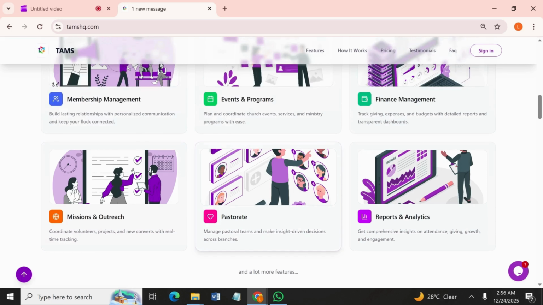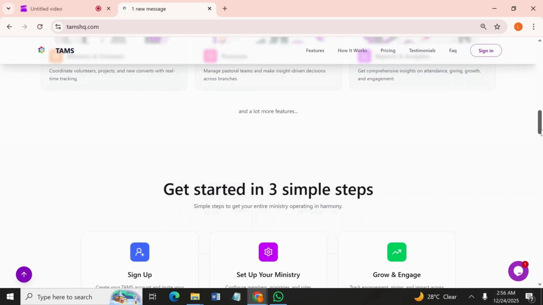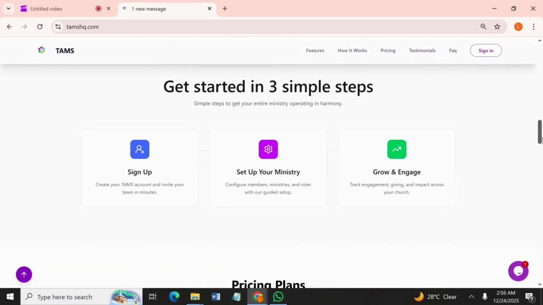Reports and analytics is engraved across all modules. You can get reports on every activity, on events, membership, discipleship, missions, communications, even with the admin team. You get analytics reports, you get information as well. If you want, you can also send it to your email address or generate the reports and download it into your preferred devices.